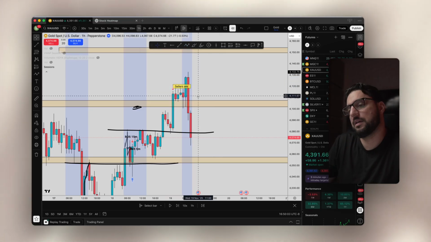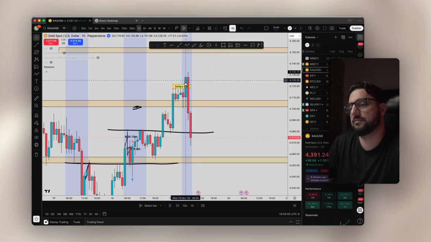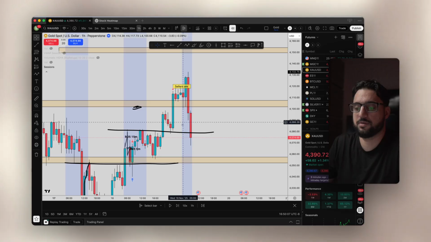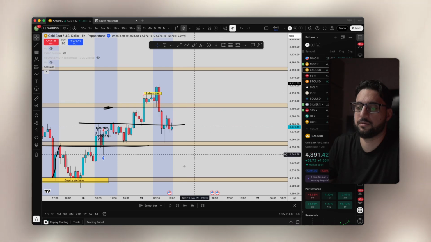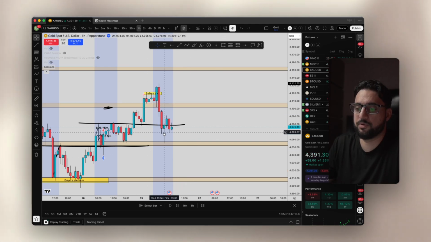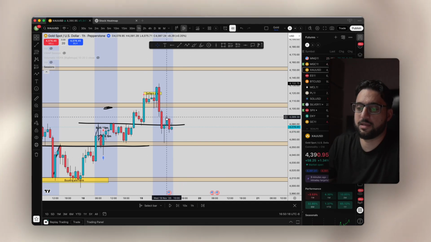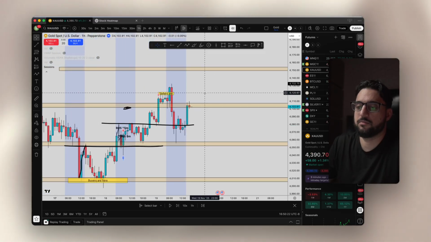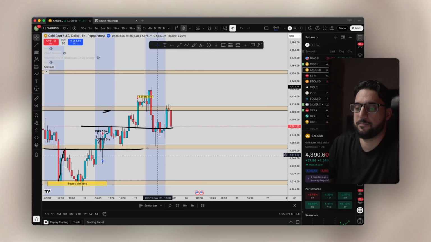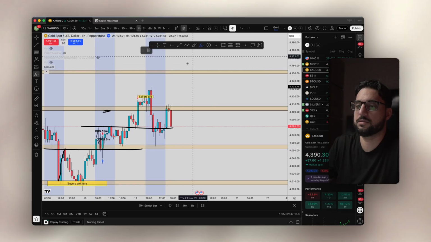This looks like it just reversed right here because it broke this structure. Let's see what happens. Okay, now we're in a downtrend on the 1 hour. We're in a downtrend. So now we made an impulse to the downside. Are we making a pullback and then a continuation down? Let's see. Okay, so we're pulling back a little bit more. And now let's see if this was an